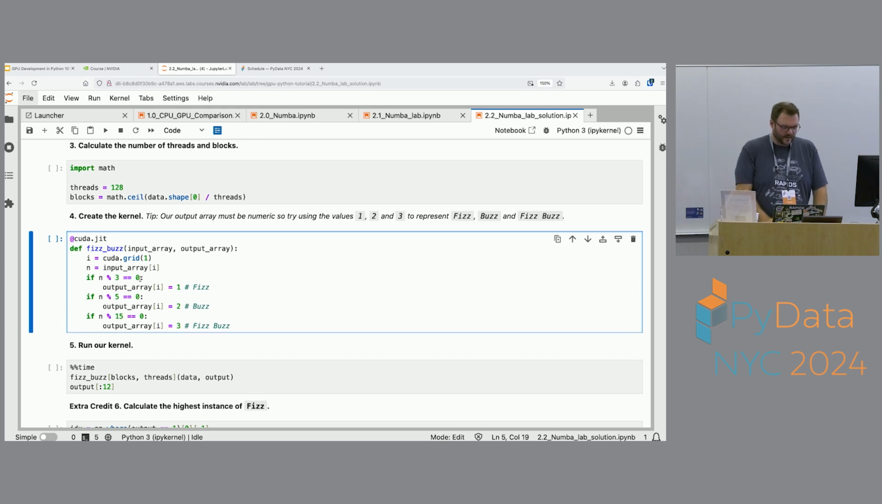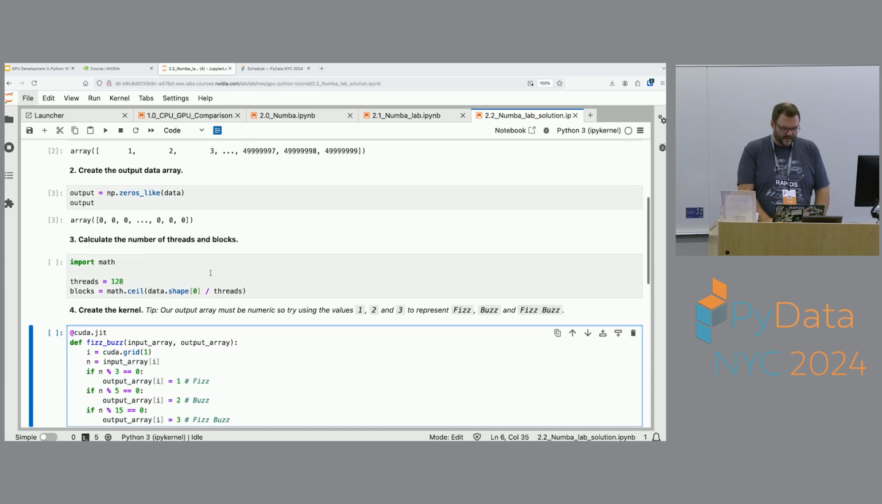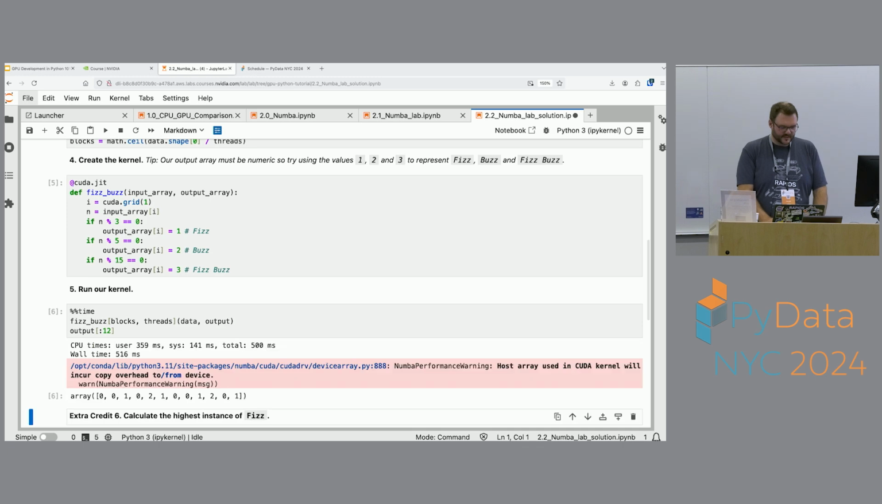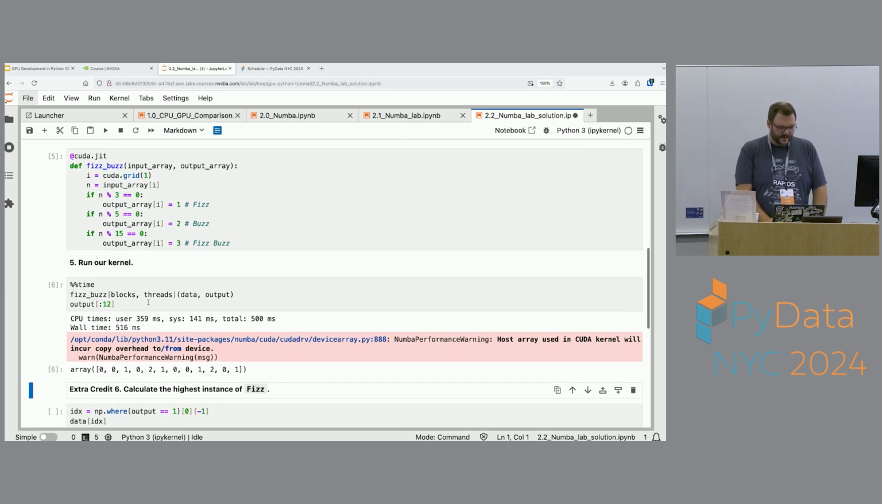So instead, we're going to use some numerical values to represent Fizz, Buzz and FizzBuzz. So we just go through, we work out who am I, which invocation of the kernel am I, what's my input number, and then am I fizz, am I buzz, am I FizzBuzz. We'll put those markers into the output array. So if I run these couple of cells,